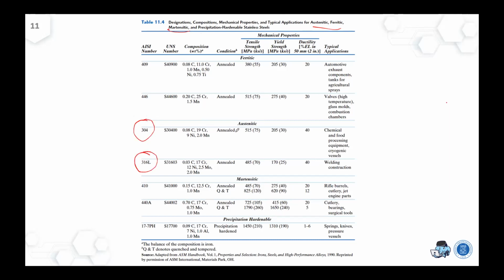Okay, so it is relatively strong compared to plain carbon steel. It can be used for welding, construction, for chemical and food equipment, cryogenic vessels, valves,